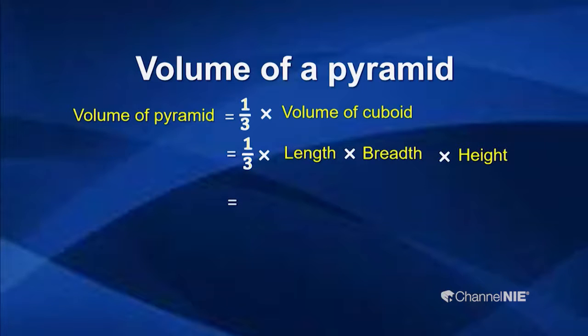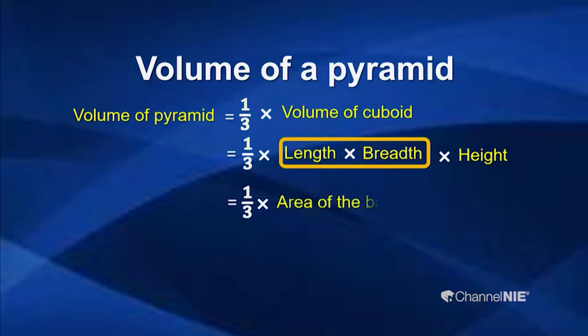Okay, now look at the next one. Considering this length and breadth, you can see that, length and breadth. Multiplying these two, you can obtain the area of the base. Area of the base of what? Area of the base of the pyramid, right? So, the area of the base multiplied by the perpendicular height. The height is the value of the cuboid, but when taking it to the pyramid, we take it as the perpendicular height, right?